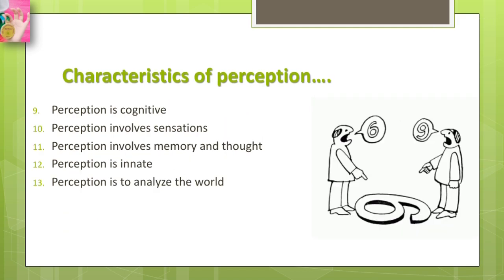And there is the next characteristic, which is the ninth one, and all those characteristics are almost interrelated, or they are the same. So the ninth one is that perception is cognitive. Now, cognition means knowledge, and perception belongs to the knowing aspect of human behavior, and it gives us knowledge of objects or events or people. So it is the process of obtaining knowledge of external objects, events, and objective facts by use of the senses.